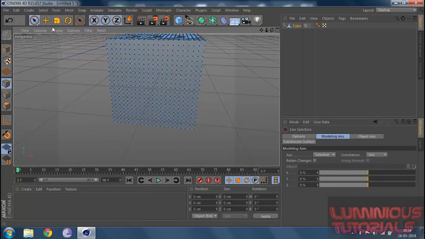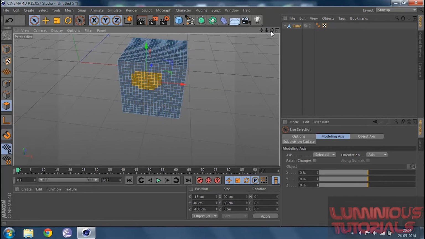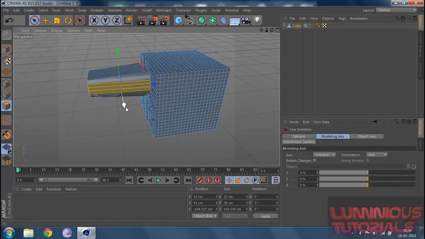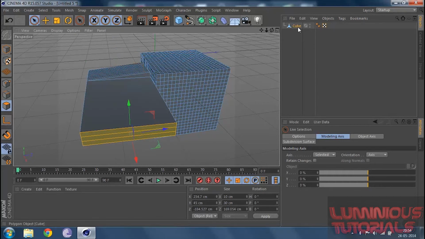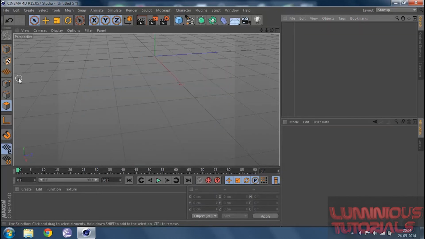Now if I get back to this cube and zoom in, I click on my live selection tool, and as I've told you earlier, I've got the point level selection. I can select the edges, or I could even select the surface. So I select a few surfaces, drag them out, and change the angle just to show you the effect, and I can drag it like this. Now again I can select this and drag it out. So this is how the editing exactly works. And yeah, we're done with the basics.